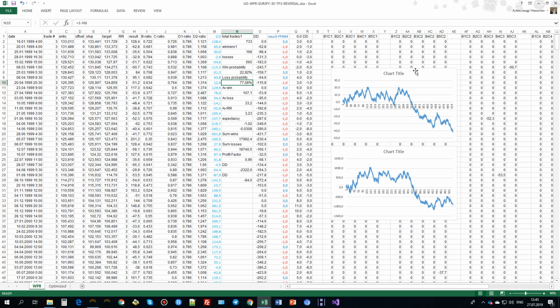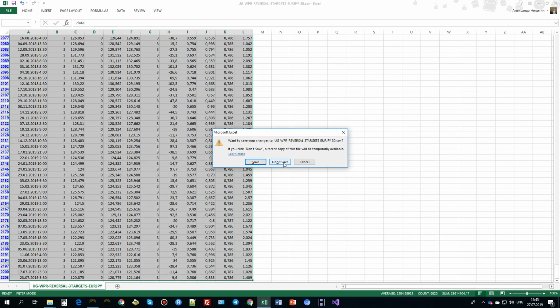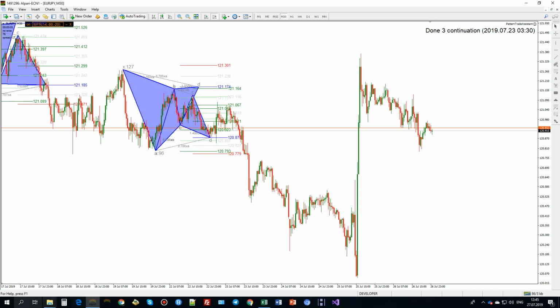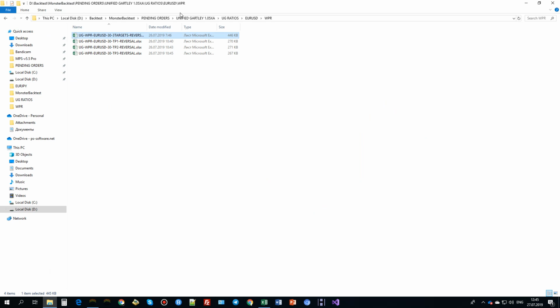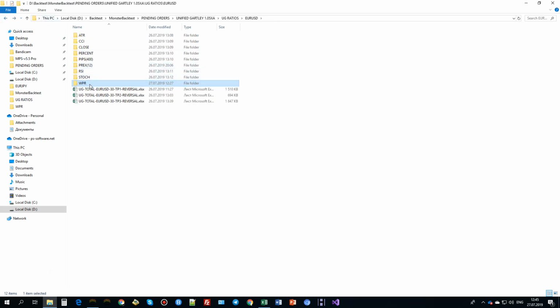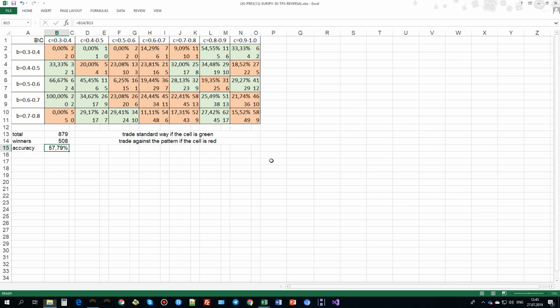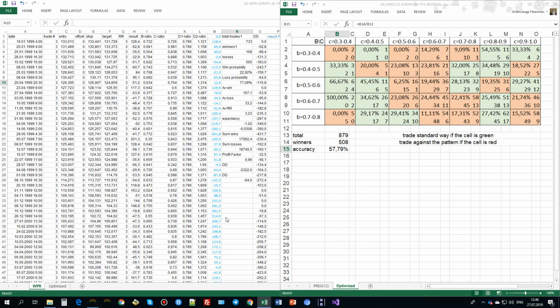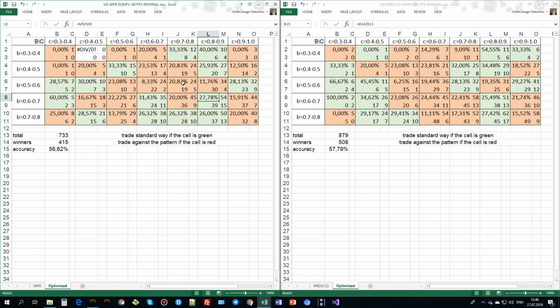And now let me open some other Excel spreadsheet. Let me close this one. Don't save it. I need to go where? I will go to EURJPY ratios, Euro Yen, just to compare the take profit 3 of Prex and take profit 3 of within percent range. So I'll simply arrange them side by side, and what we have,